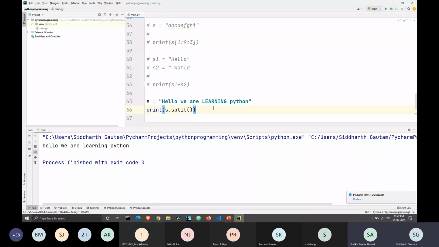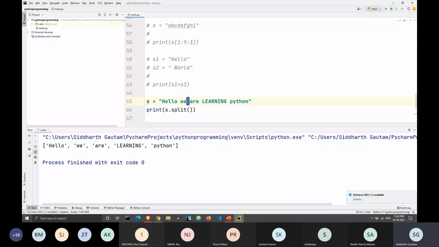So let's run the split function and see what happens. The default way of splitting a string is using empty spaces, right? We have a space here, here, and here.